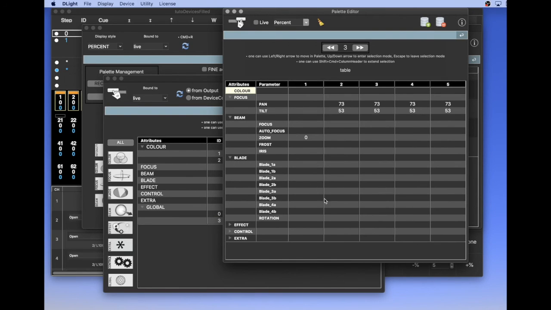Focus, beam, blade are members of the theater filter, and it's very convenient for theater because you move the device, you adjust the frost and blade if there are any, and you record a palette like that. The theater filter is very convenient for theater purposes.